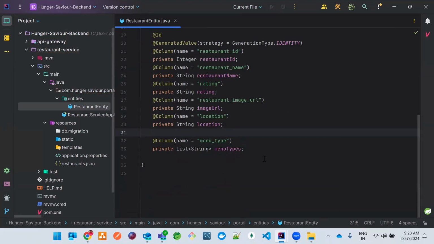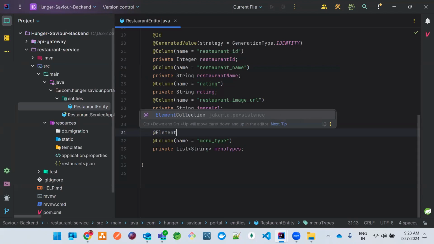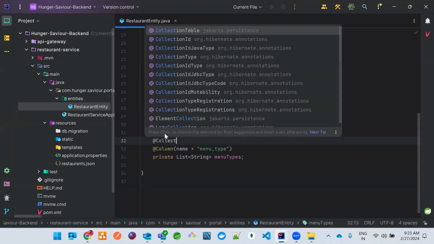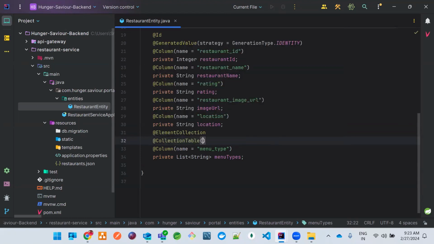But is this enough for the collection of strings? When we are using collections, like List, String is an internal Java class. This is not our custom class, right? So we need to use @ElementCollection, and then we need to give the table name also. Okay, so @CollectionTable will be there, and in this we can give the name